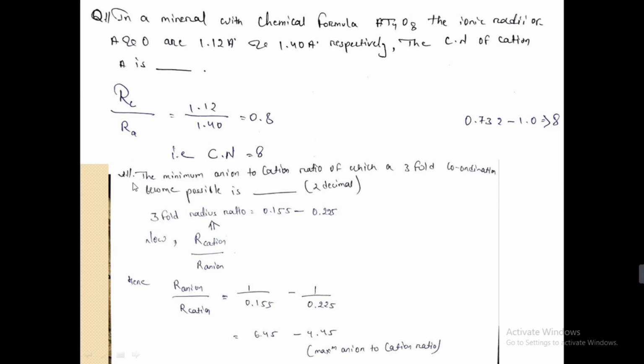Now the next question is: the minimum anion to cation ratio at which 3-fold coordination number becomes possible. Here 3-fold radius ratio is asked. In 3-fold systems, the radius ratio is 0.155 to 0.225. Similarly, the data given here is the radius ratio. In the radius ratio we know radius of cation divided by radius of anion, but here